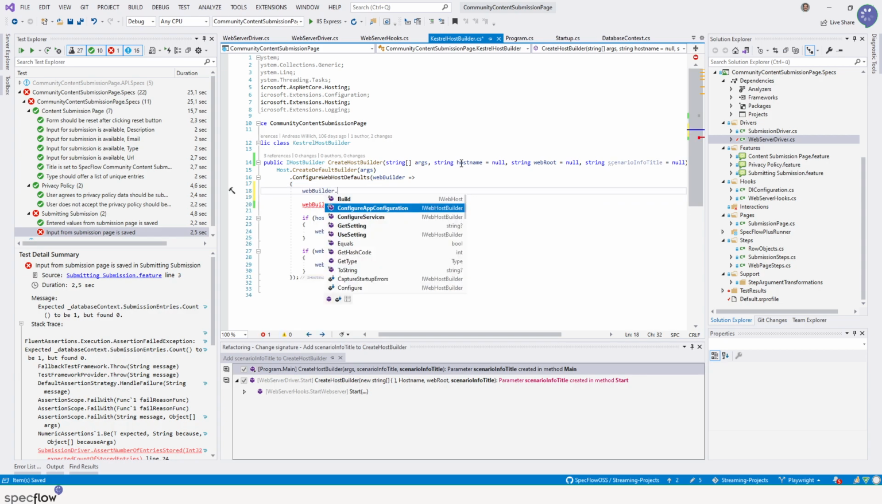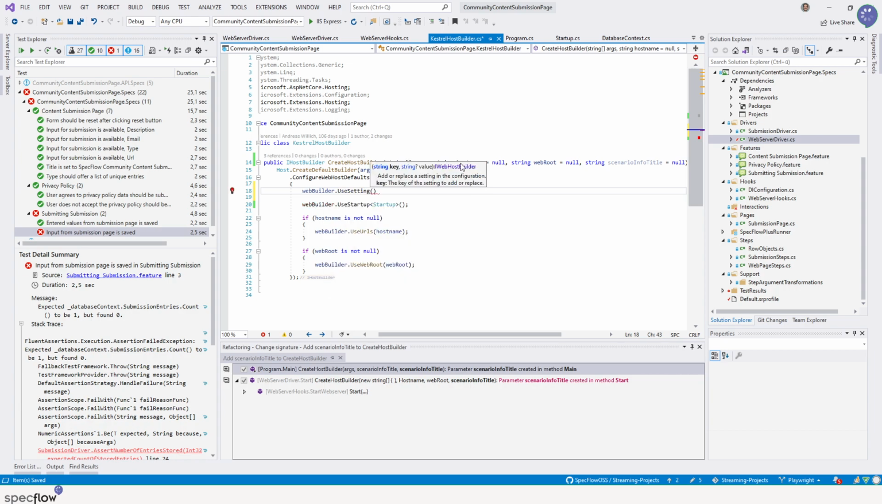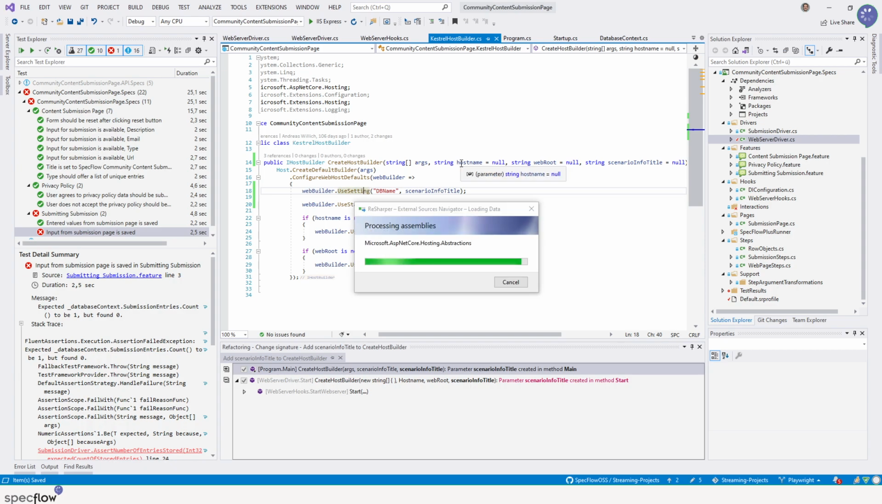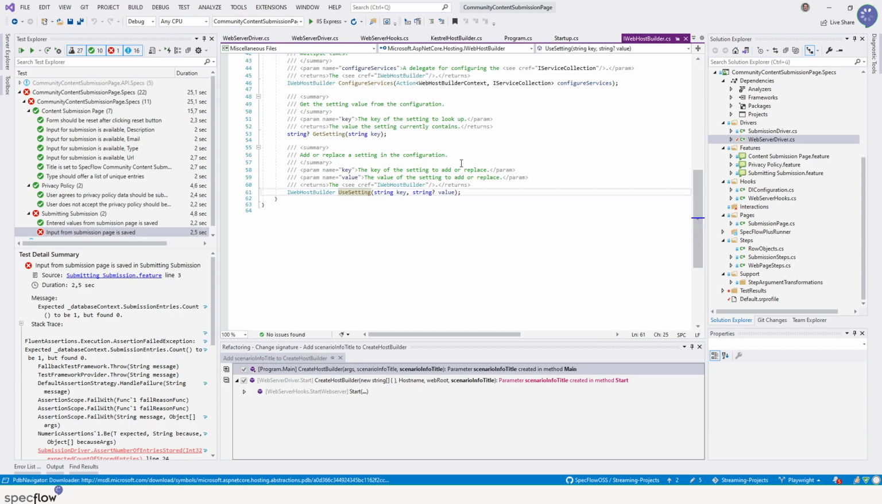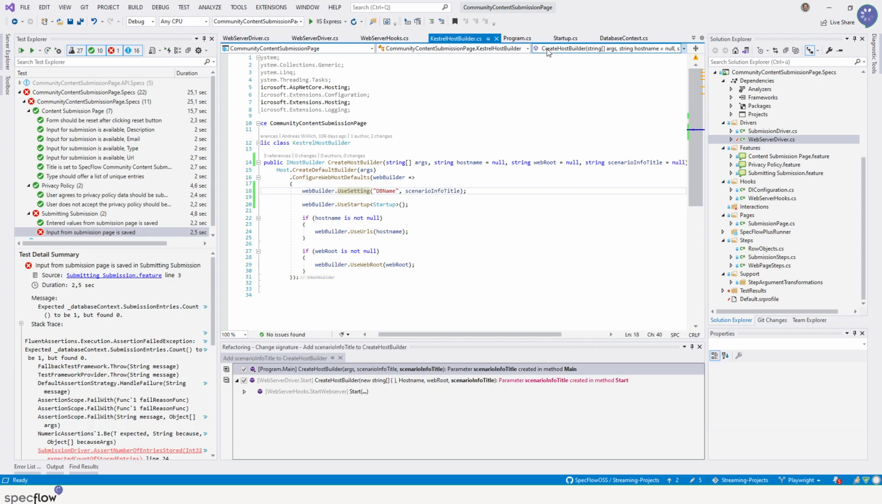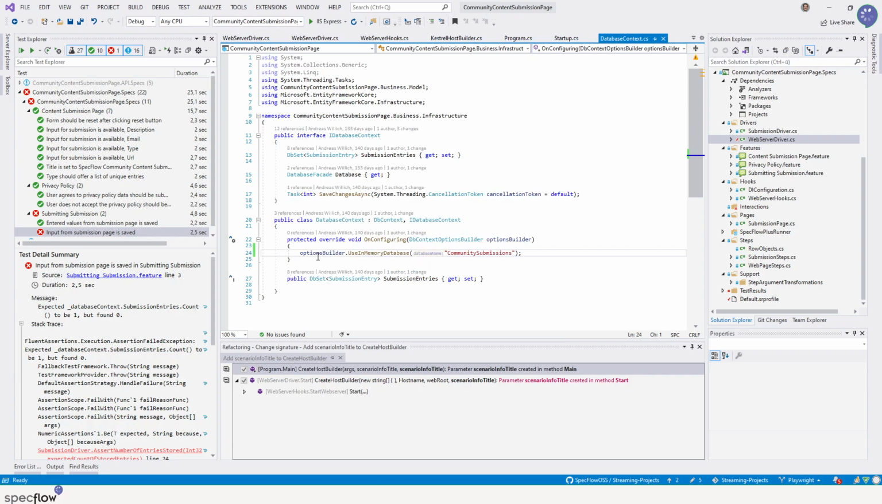So web builder, use setting, get setting, add or replace a setting in the configuration. Super, perfect. DB name, scenario title. No, that was wrong. Yeah. So, and that means,